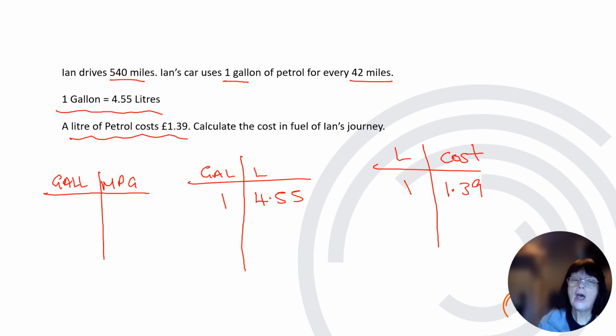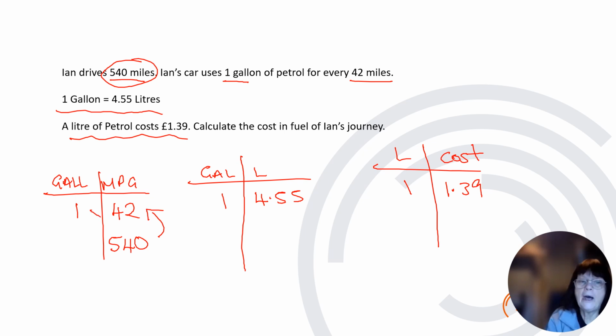£1.39. Now, the advantage of this system is you will always do the right thing. Sometimes when we get brain freeze in an exam, it's quite hard to know, do I divide or do I multiply? This will keep you straight. So our gallons to miles, 1 gallon of fuel in Ian's car does 42 miles. And he is driving 540 miles. So divide by the number above, multiply across, and you will come up with